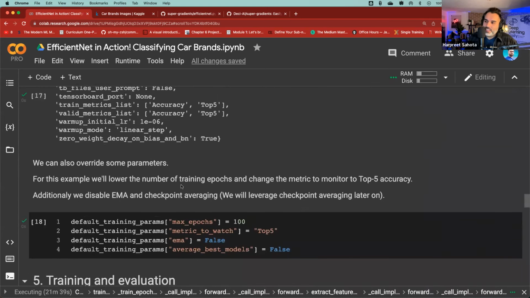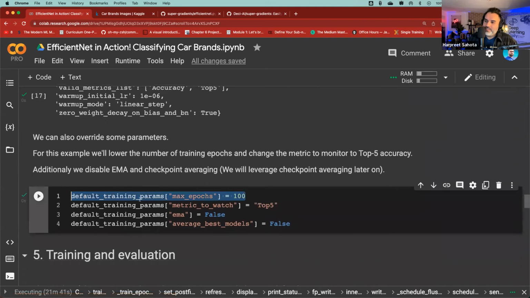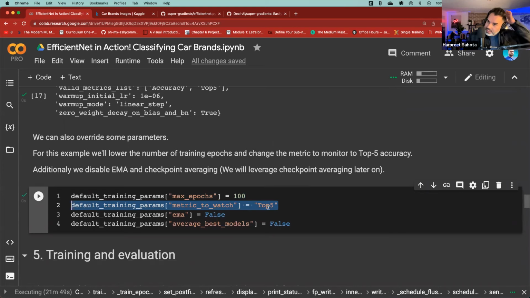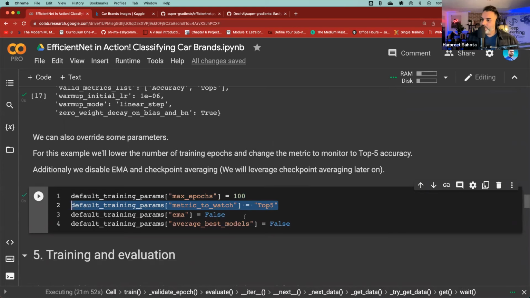But we can override these features. For example here, instead of training for 300 epochs, we trained this model for 100 epochs. I changed the metric that we're going to watch to top 5, just because of the nature of the data set that we're working with. We've got 50 classes. As long as the actual ground truth label is one of the top 5 predicted by the model, then I'm going to count that as a win and count that as a correct